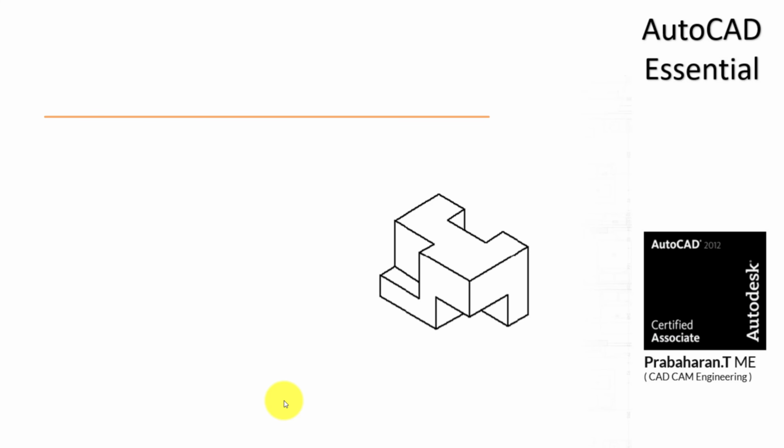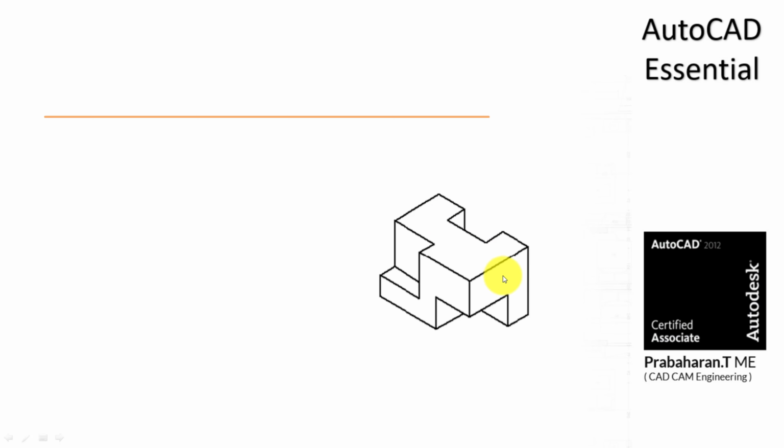Imagine I have shown a small isometric drawing. It has 3 faces. Okay, so does this drawing have the entire information of the component to build or to fabricate? I have a small doubt here. There is a cut here. I don't know the details of this cut, whether this cut goes entirely through the object, we don't know. Is there any other cut on the whole backside of this component?